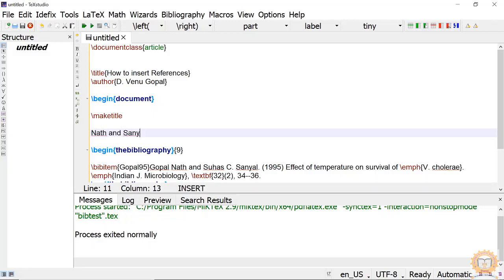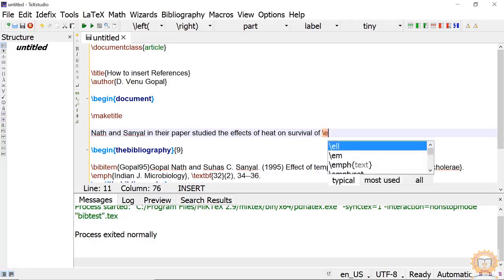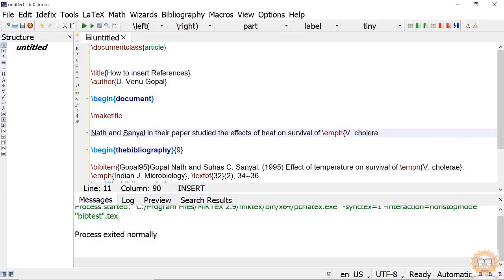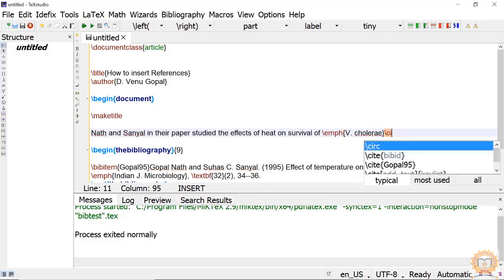Suppose to cite here, I just write cite.